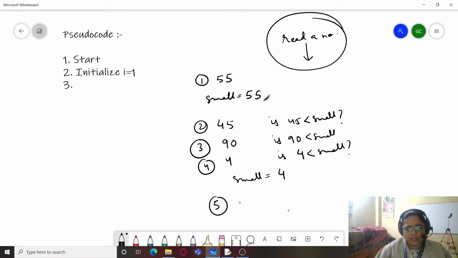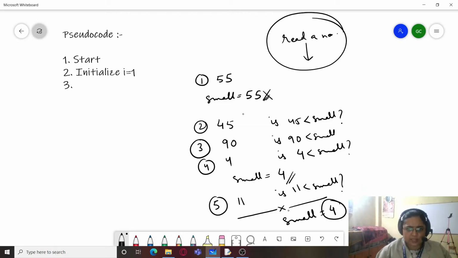Next time the user enters, say, 11, and we ask, is 11 less than small? Now the value of small is 4, it's not 55 anymore. So the answer is wrong. 11 is not less than 4, so it is not less than small. At the end, my loop ends. You can see that the variable small contains the smallest value out of all these values, and